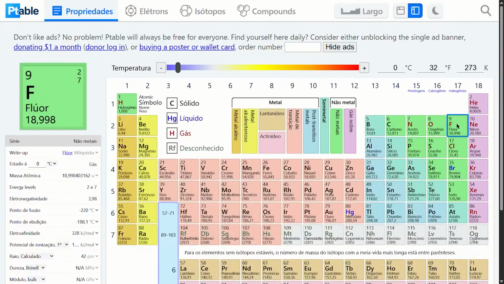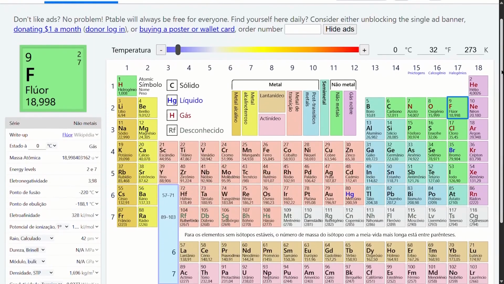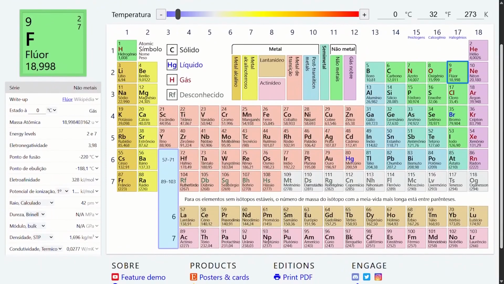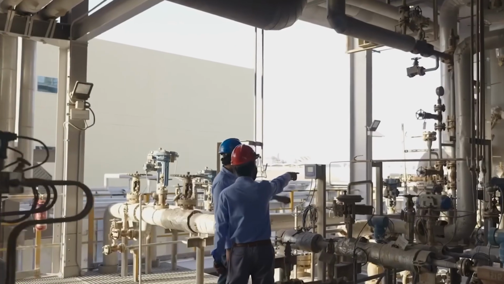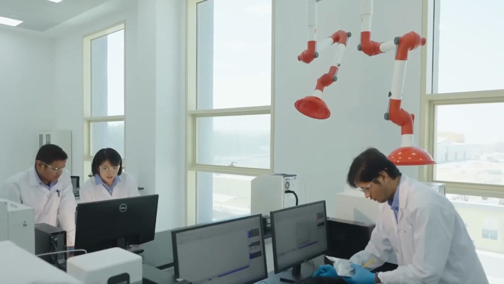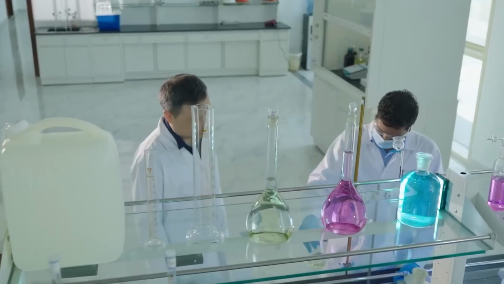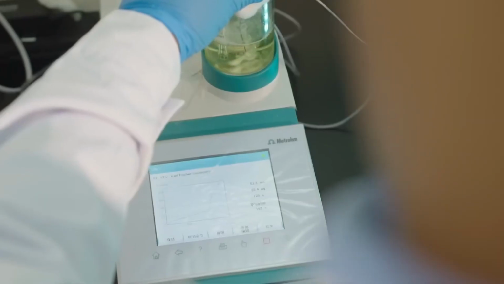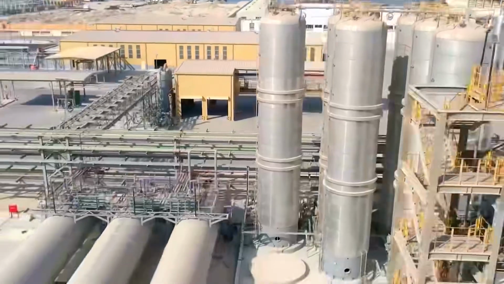Fluorine is a chemical element represented by the symbol F and with the atomic number 9. It belongs to the halogen family, which are known for being very reactive in their elemental form. In other words, when it is alone, it is not a solid or a liquid, but rather a gas. It has a pale yellow-green color and a pungent, irritating smell. And this gaseous form is F2, just to give you an idea of its nature.